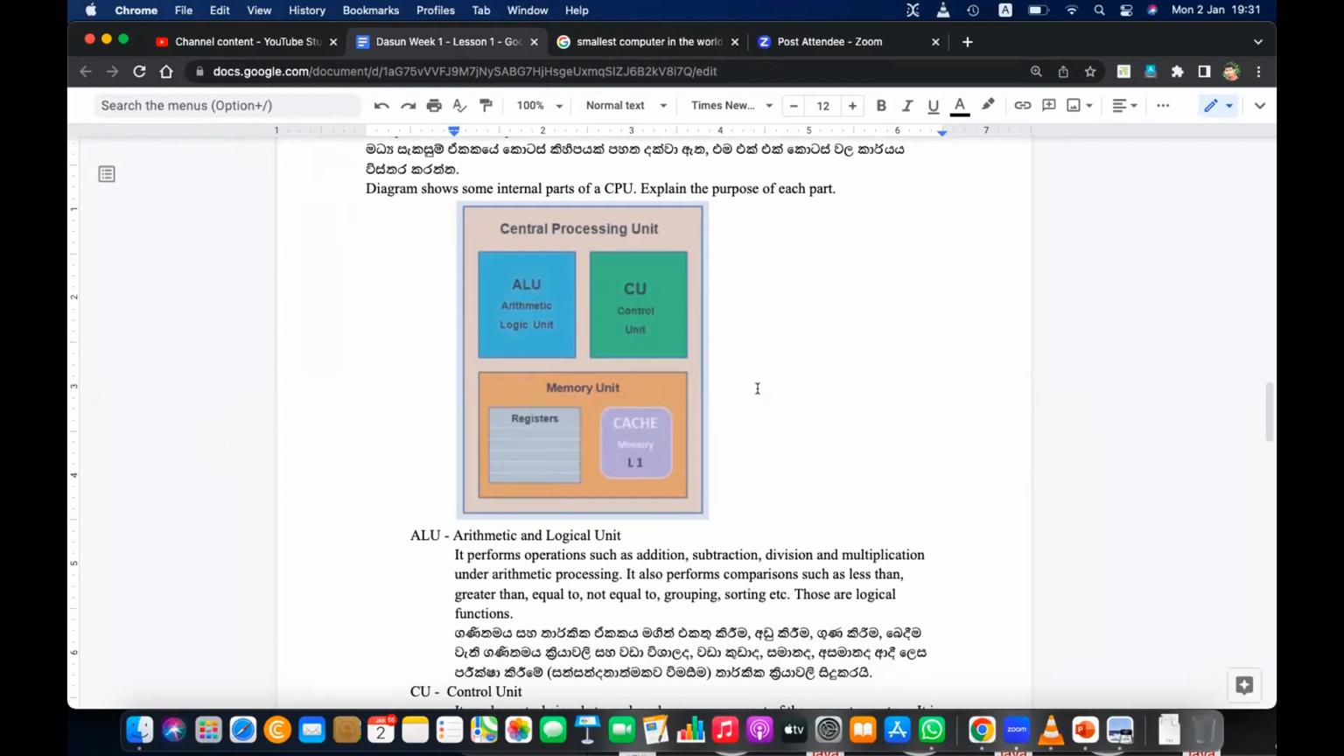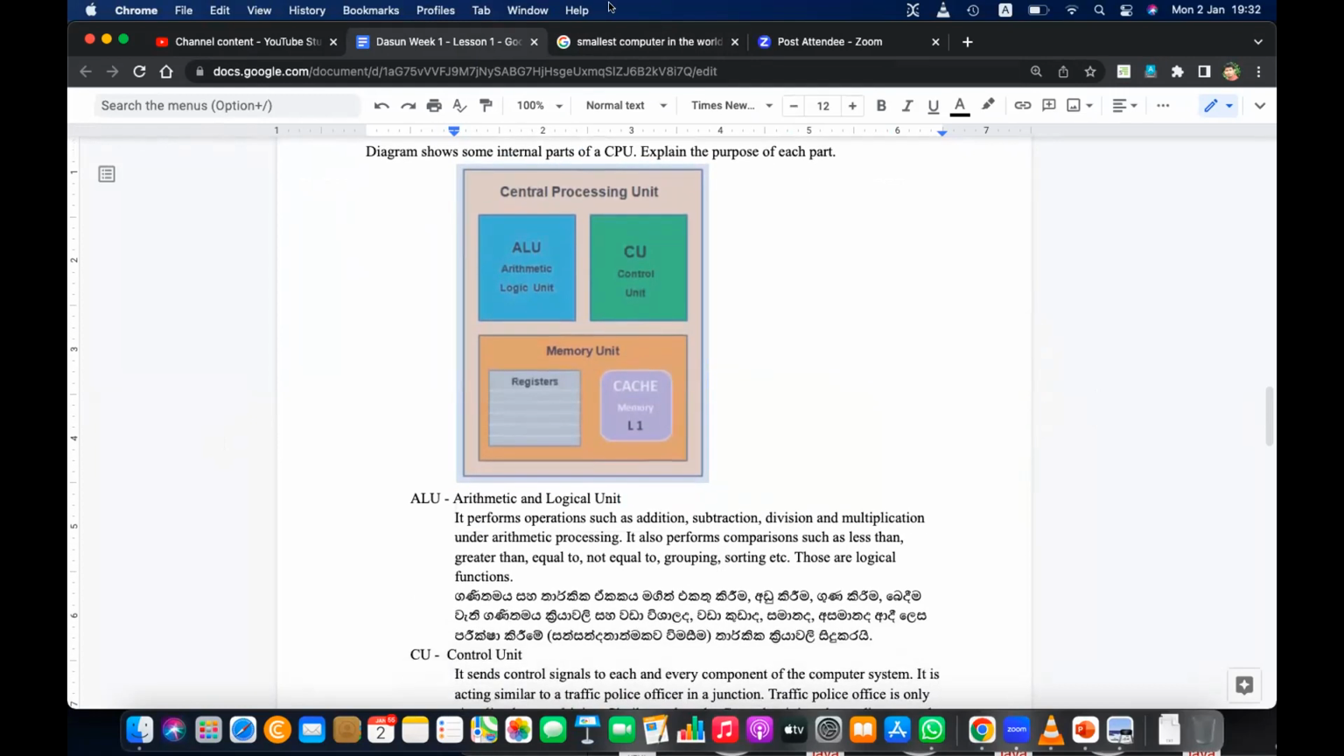Okay. So let's write down about the components of the processor. The first one is ALU, meaning arithmetic and logical unit. Sometimes called arithmetic logical unit, it will perform mathematical functions like addition, subtraction, division, multiplication,